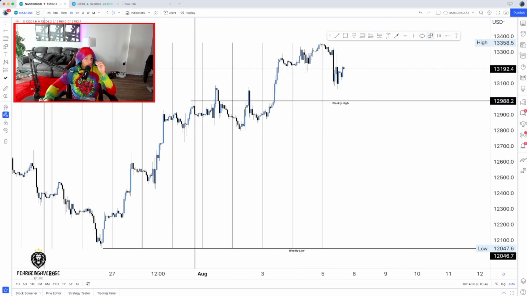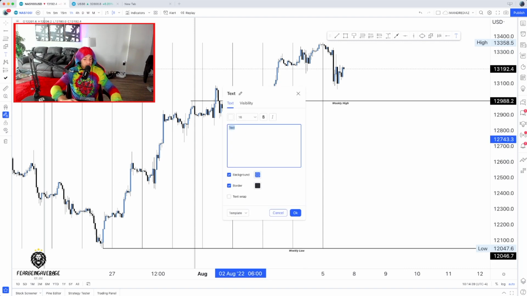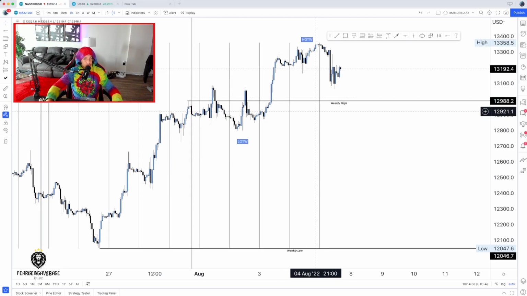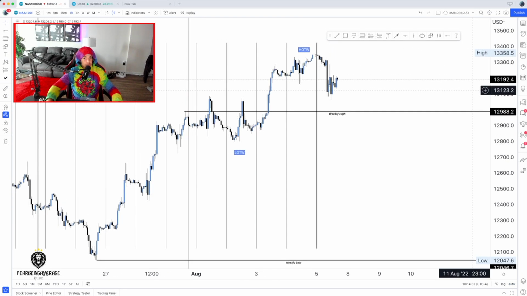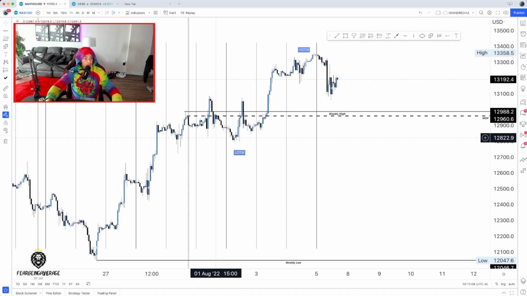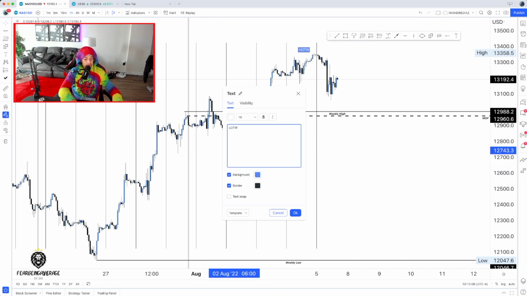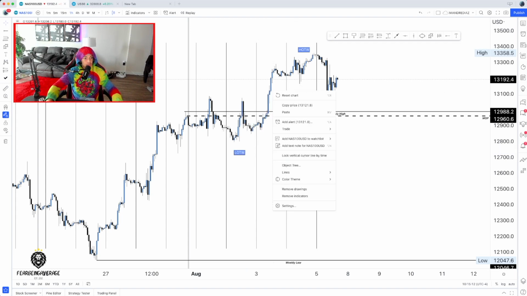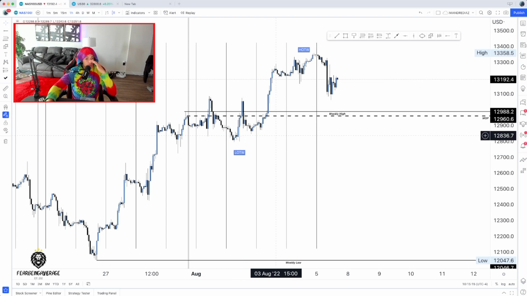But as of right now, we have the low of the week that was created on Wednesday. We had the low of the week on Wednesday, and we had the high of the week on Thursday. Those are usually the days when the market tends to make the highs and lows of the week, so I'm not surprised. Let's also look at where the market opened in comparison to how the market ended up moving. As you can see, we got the market open price. You can see Monday, Tuesday. This is Tuesday, not Wednesday. Low of the week, yeah, it's Tuesday, not Wednesday. So we have the low of the week on Tuesday, and the high on Thursday.